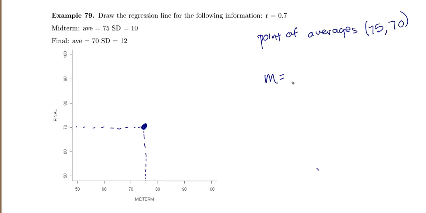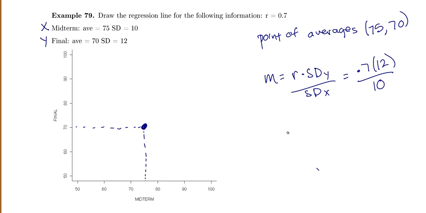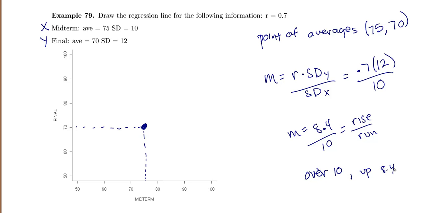Then for our slope, remember our slope is r times the standard deviation of y over the standard deviation of x. And let's just make ourselves a note that midterm was the x and finals was the y. So my slope is going to be r of 0.7 times the standard deviation of y, the standard deviation of final was 12, divided by the standard deviation of x, which was the midterm, so 10. So my slope is 8.4 over 10. I could simplify this, but I'll probably just leave it in fraction form, because if you remember, slope is rise over run. So how much do I go up? I go over 10 and up 8.4. That's what the slope means. So if I go over 10 to 85 and then up 8.4,